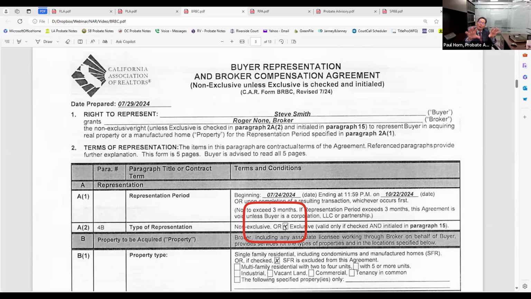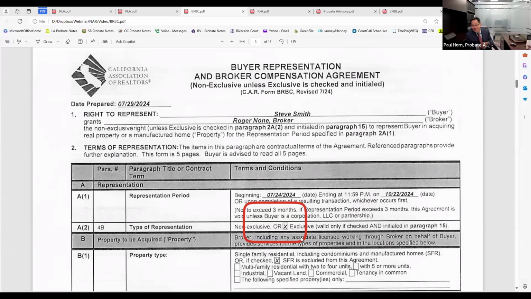So I just want to point out to you, okay, the default on this form is non-exclusive. Buyer, it's not exclusive. But if they check exclusive, then it's just you representing that buyer, okay? Food for thought: ask your broker whether perhaps you should check exclusive just so that you have a little more commitment, since you're running around doing all types of reports showing the buyer.